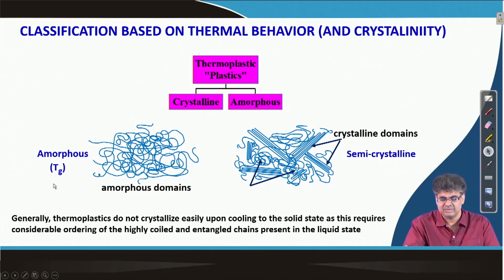As we said, we have Tg, the glass transition temperature, for amorphous material, and for semicrystalline material, for the amorphous regions we have Tg, and for the crystalline regions we have Tm. Tm is the melting point, as you know, when the crystallines form a melt above a certain temperature. So, these have two transitions: the glassy or amorphous regions will become softened above the glass transition temperature, and the crystallines will melt above the melting temperature.